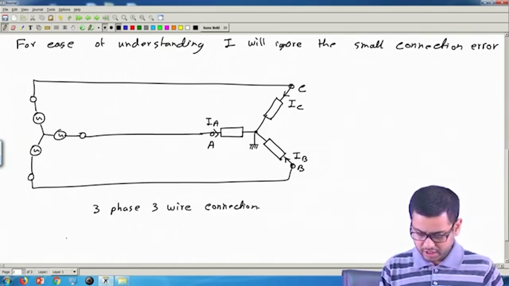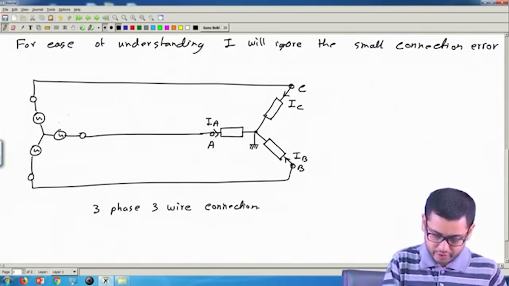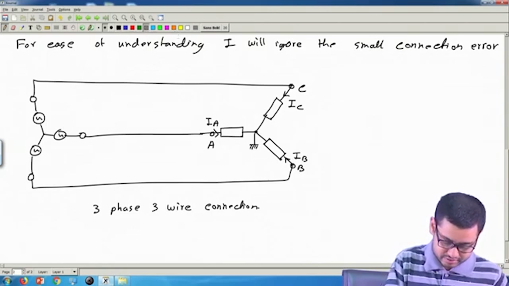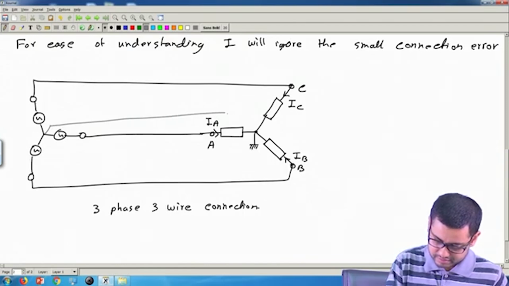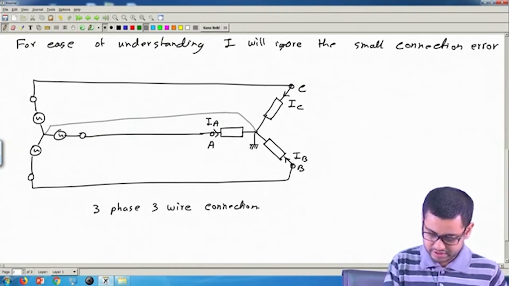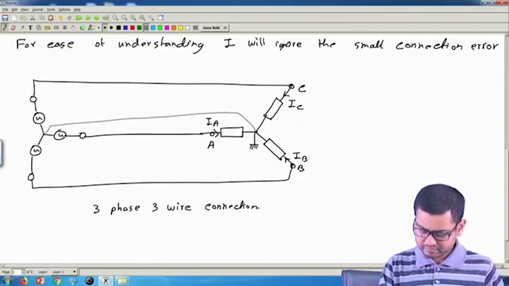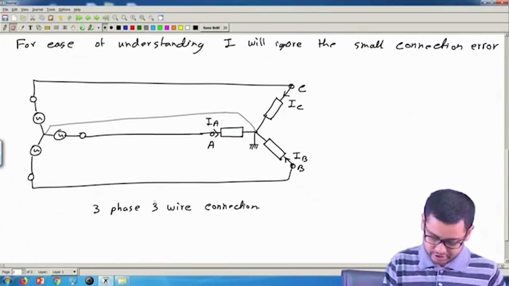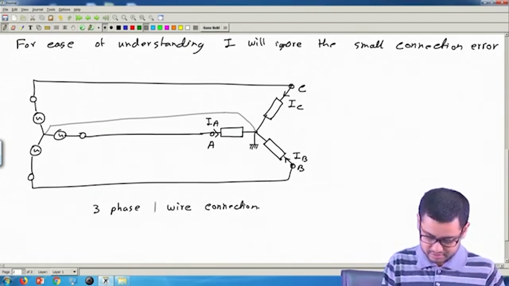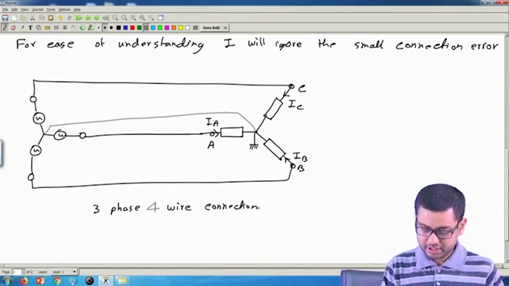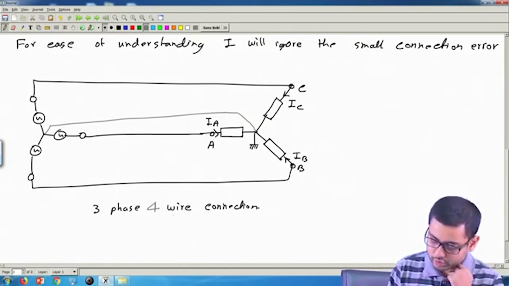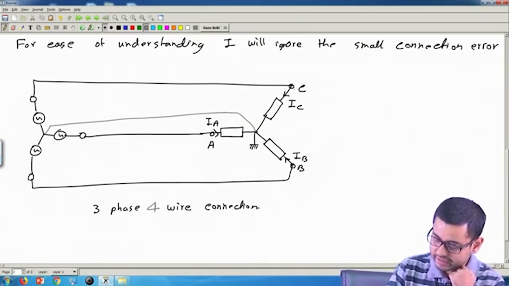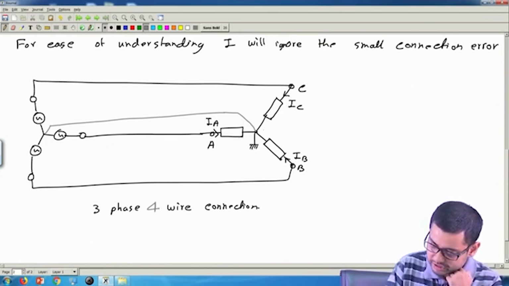Okay. Now, we can also have a neutral. So, this is the neutral line. Okay. So, let us start with this 3-phase 4-wire first. Three phase 4 wire connection. We want to measure this power. Okay, so what we have to do, once again, this current times this voltage. Which voltage? This voltage,